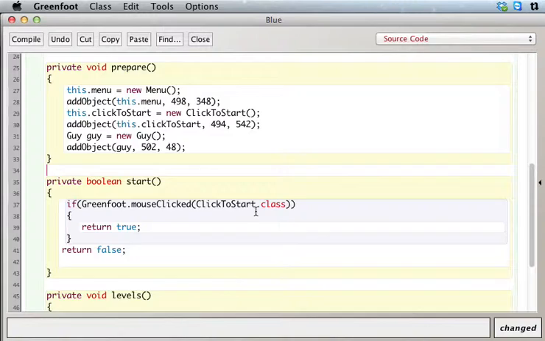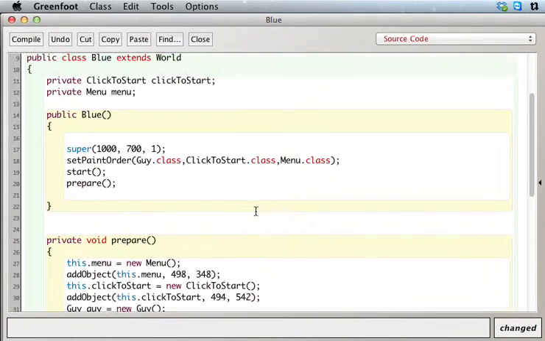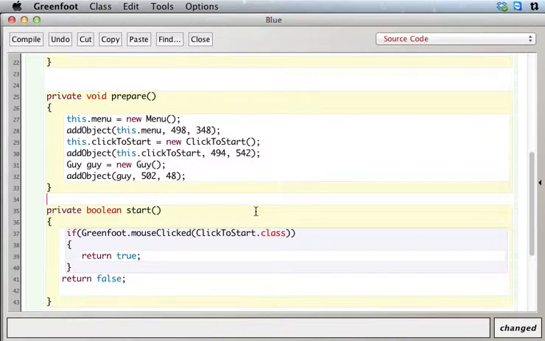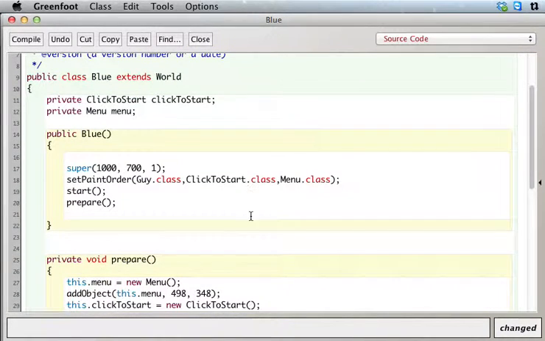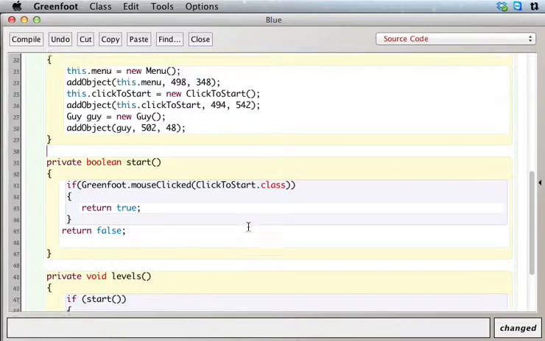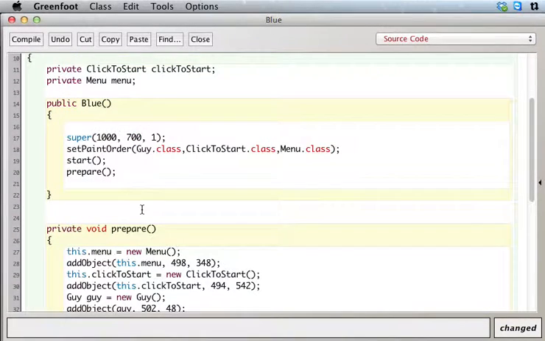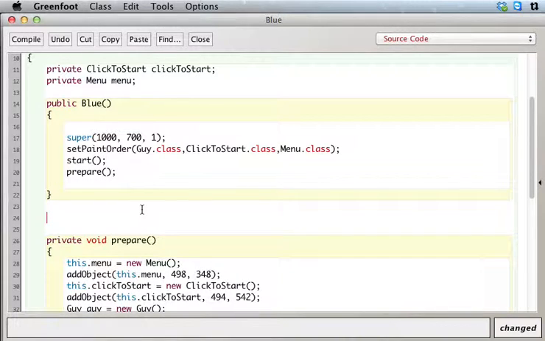See, the problem that you have here is that there's nothing here that's telling levels to get called. So what could you do? I mean, you need to somewhere call levels. I'll just give you a hint. What I would do is something like